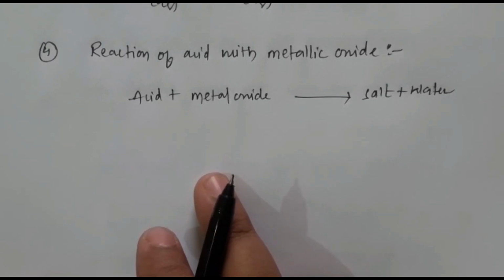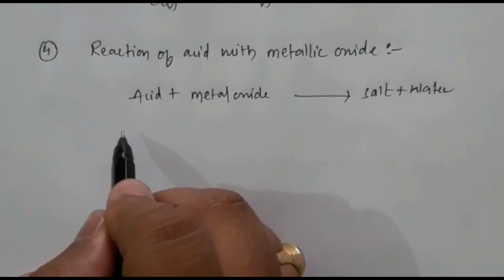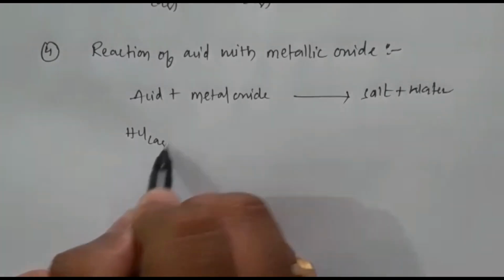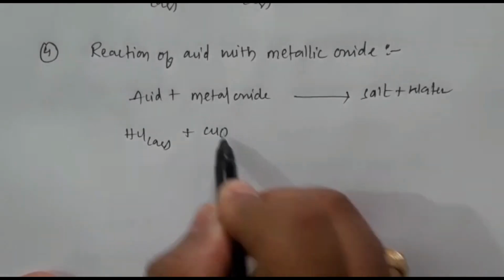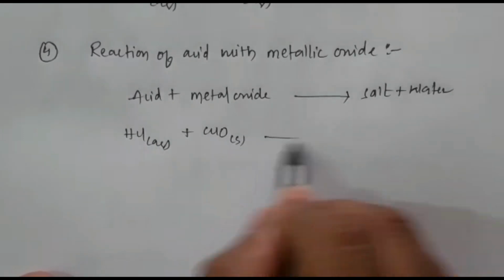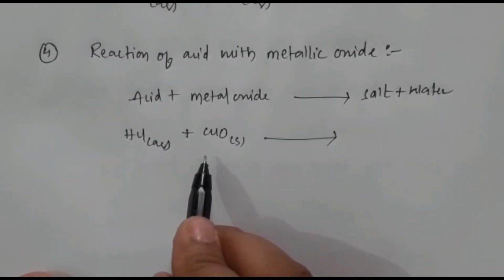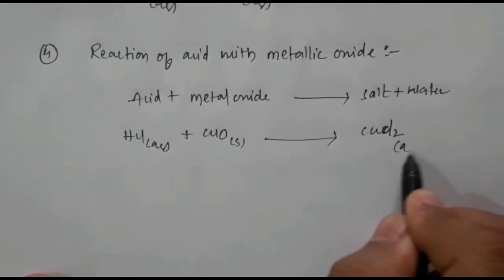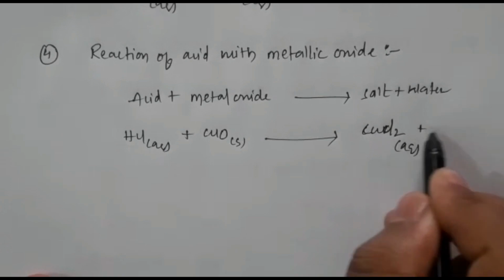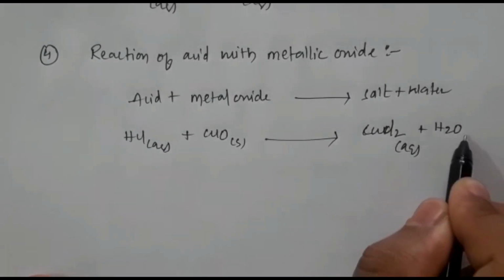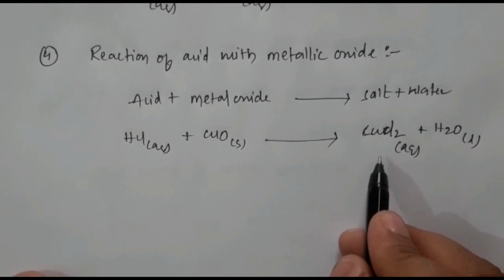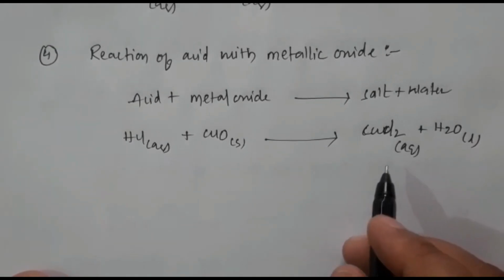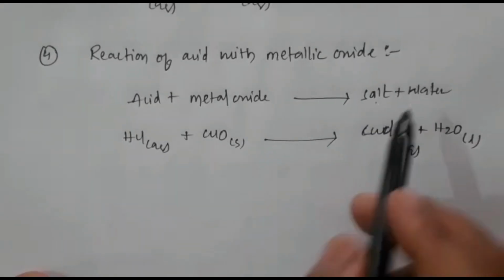This reaction is similar to which reaction? Yes, the reaction which we studied above, that is the neutralization reaction. So here let us try to explain with an example. An acid HCl reacts with a metal oxide called copper oxide, which is a black colored compound, and on constant stirring by adding HCl, it converts into a bluish green colored compound called copper chloride. Okay, is it clear for everyone, children? By the change in color, we can say the reaction has taken place. So here it is forming salt and water.